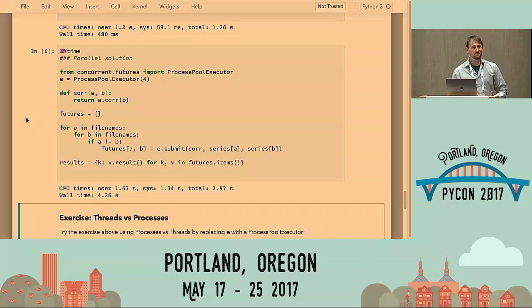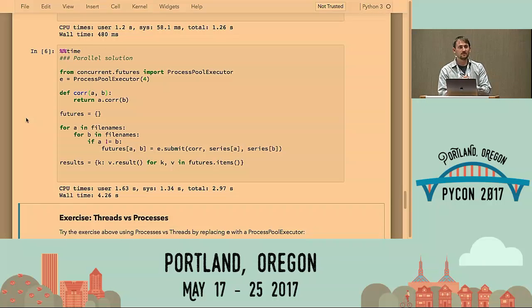So you do need to be careful. Why do we get this result that it's so much slower with processes? Anybody have an idea? Because it has to ship the data across inter-process communications instead of just being able to share it. Yes, that's exactly right. Because the task needs the data in order to compute, when you're running with processes, it has to take the data that's already in memory, serialize it, and send that to the processes, which then deserialize it, do some computation, serialize the result, and then ship that back over the network. And that's quite costly when you've got large